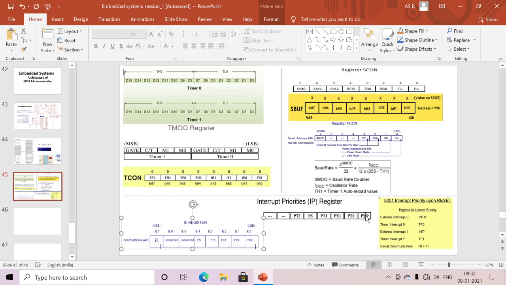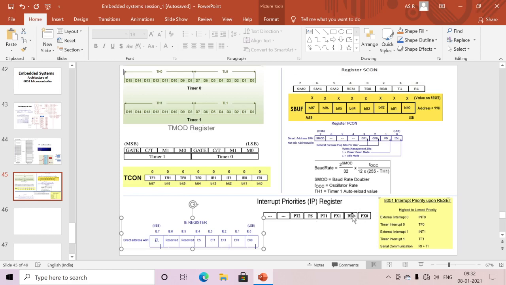Here we have the initial priority: interrupt 0, timer 0, interrupt 1, timer 1, then TI/RI. If I want to change the initial priority, I can use the interrupt priority register. Here is also the Timer 2 interrupt; in the case of the 8052 this Timer 2 interrupt is used, but in our 8051 it is not used.